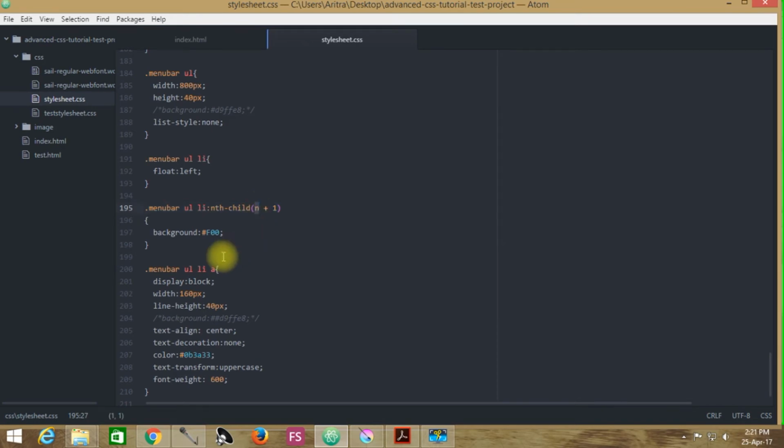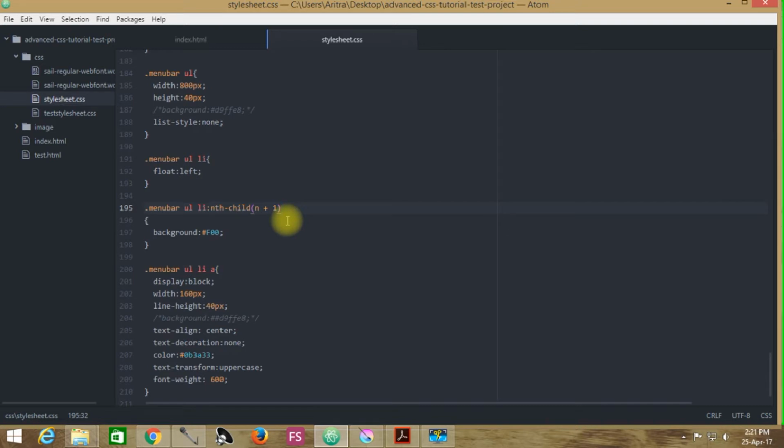n is the counter which starts from 0 and can be any number, and this is the offset position. We will be discussing this in the next class, but first of all you need to witness what exact thing it is doing over here.